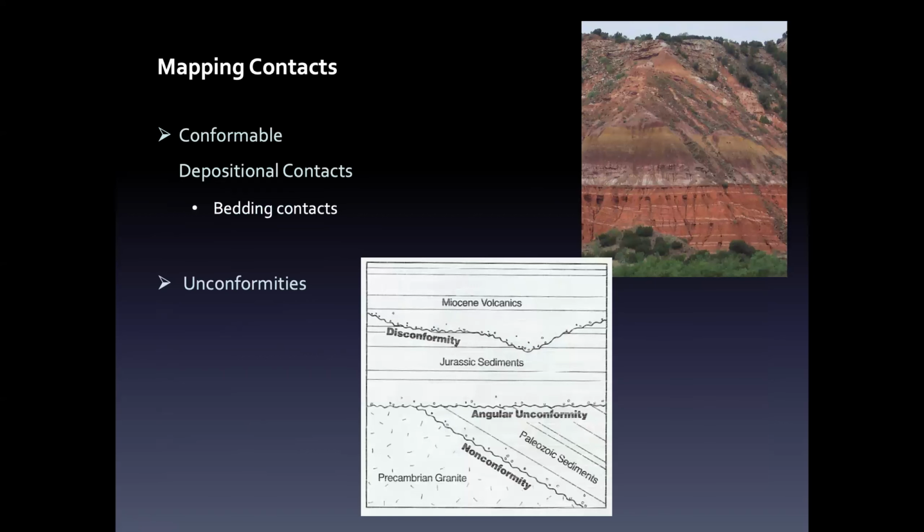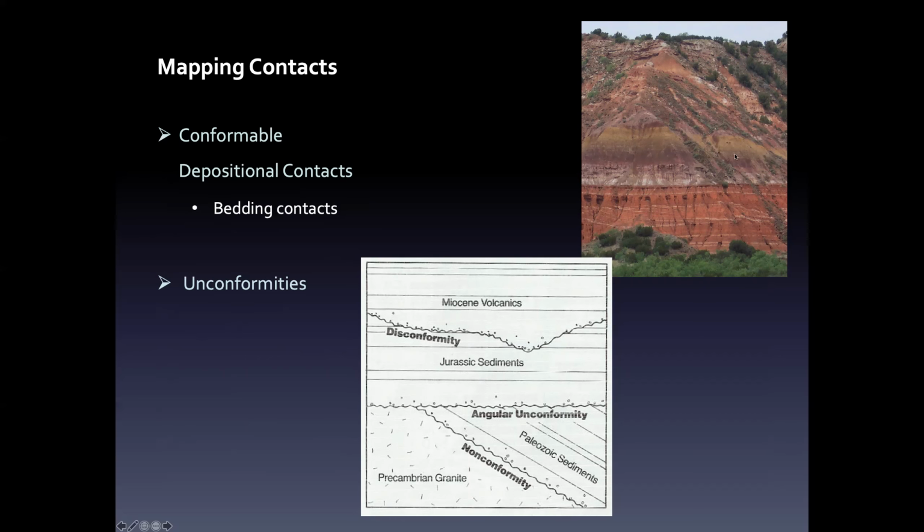Just wanted to show you a few examples of these things that I'm talking about. If you've been out in the field and you've seen these things, if you've paid attention to some of the images that your faculty have shown you, you've seen some of these things. This is a conformable contact. This is a nice red bed making a contact, and right now this probably is a sandstone, siltstone to sandstone contact. But it looks like these beds are fairly horizontal, but we can see up here there's another contact,